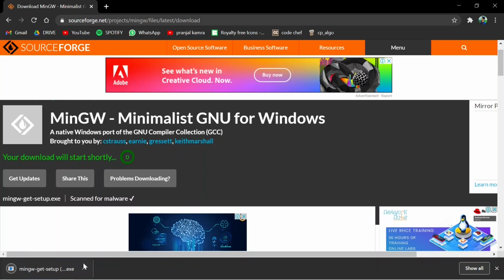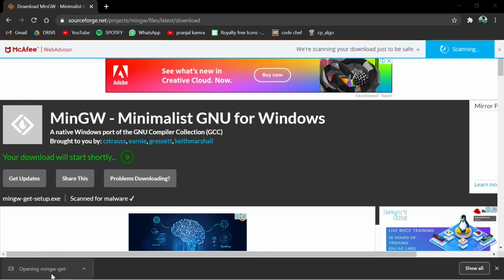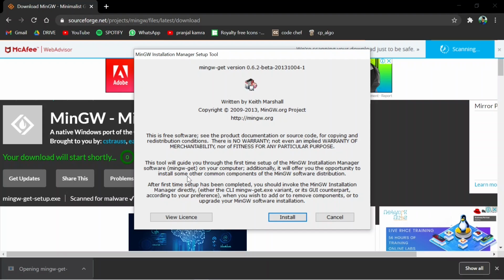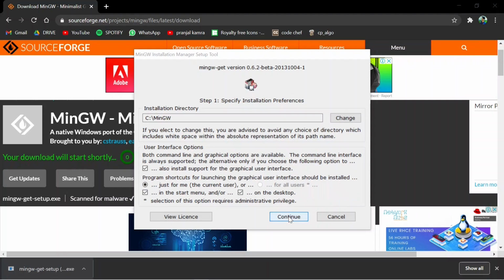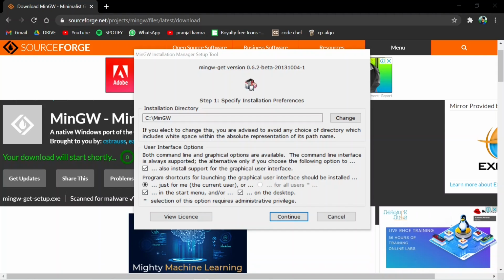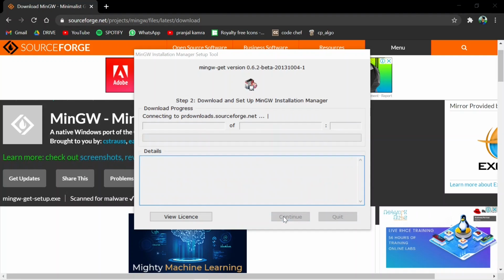As you can see, the file has downloaded, so I will just open it from here and just install. I want you to keep it default unless you know what it is. So just continue and let's wait for this.